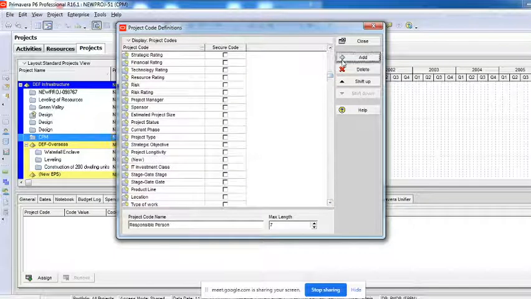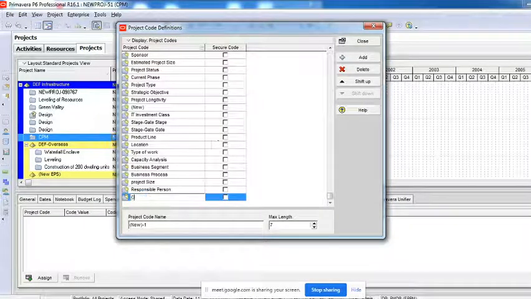So I just deleted one, so I'll just create it now. It was client, so I'm creating client again. Based upon the clients, I already created a code, and I'll have to create the values of it now. Okay, so I've created client here as a code. The name of the project code is client, and maximum length. What is this maximum length? I'll explain. After creating the codes, we'll have to create the values, in the sense the client names.